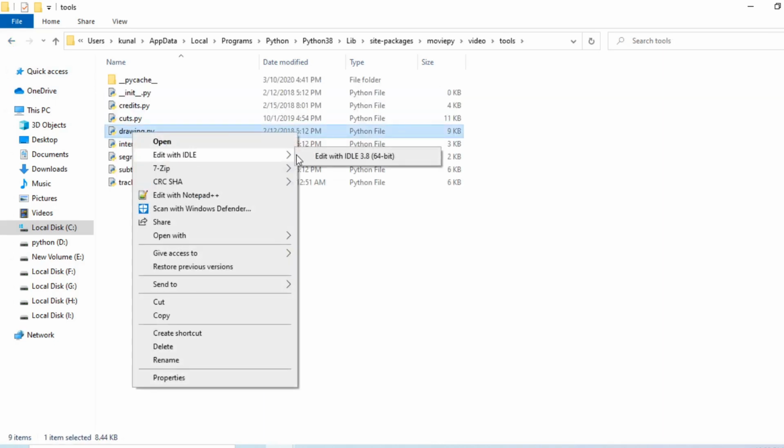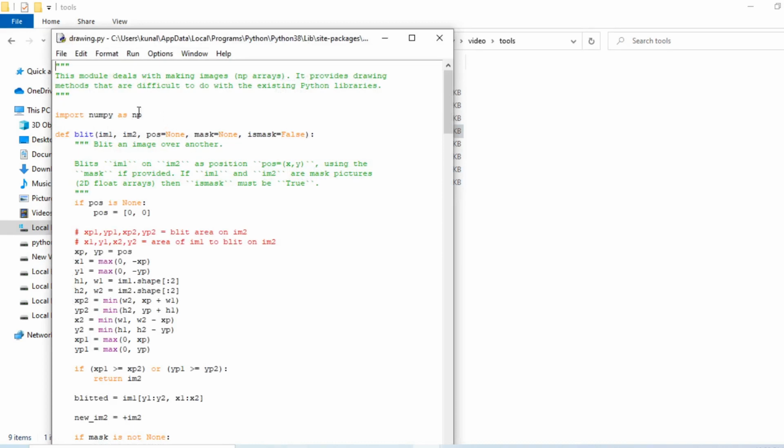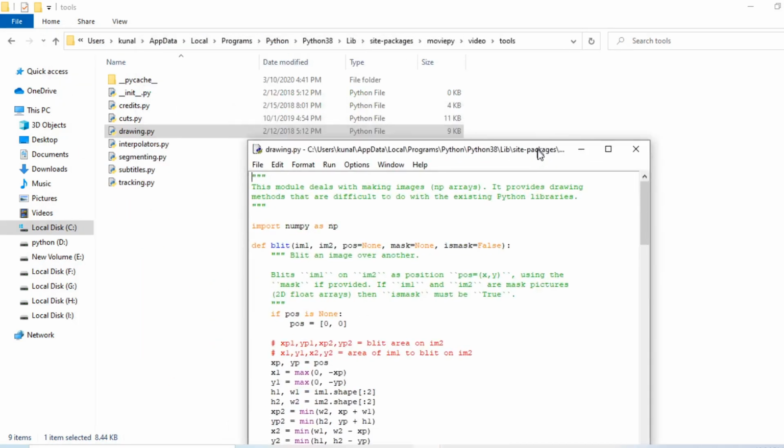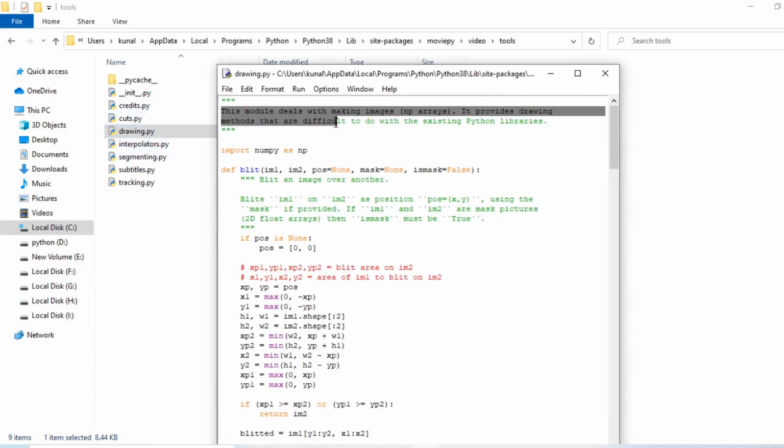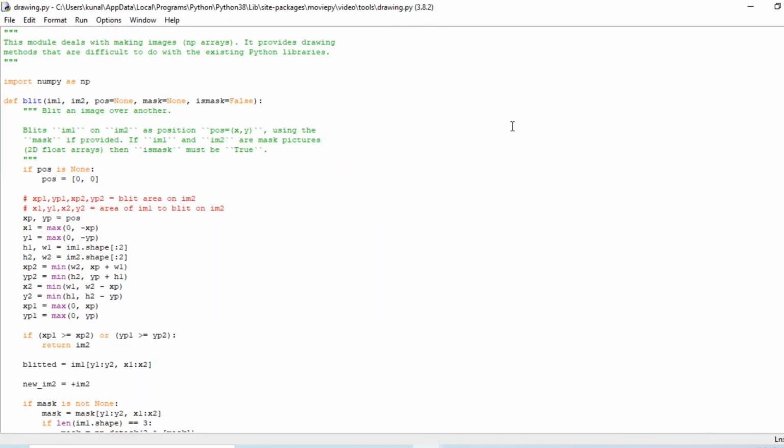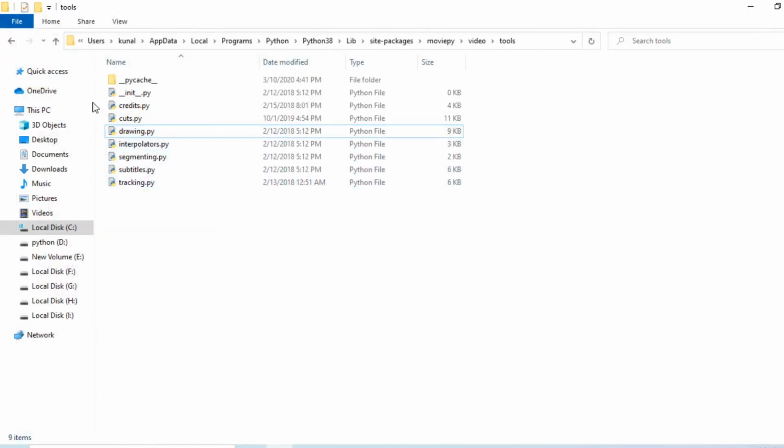This is, I think, very much easier than exploring the documentation. The names are very self-explanatory, and they have also given doc strings and comments below the functions saying what the particular function will do, and the name of the function is already nicely given.